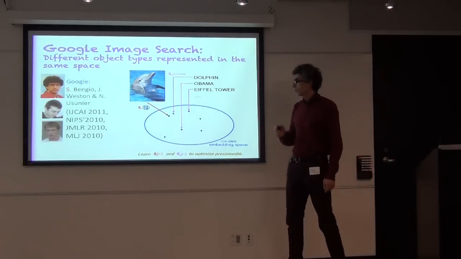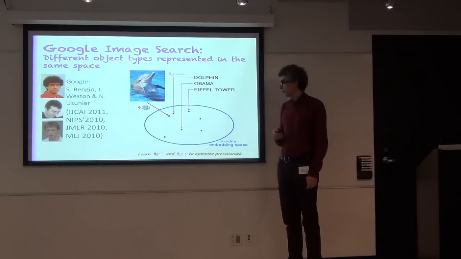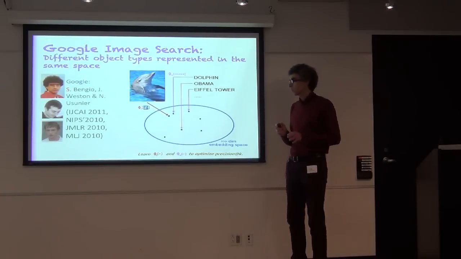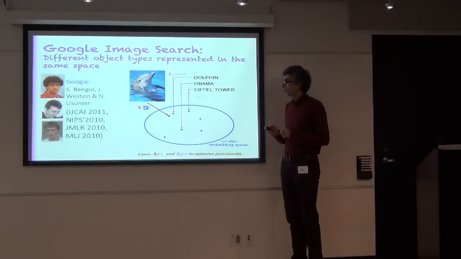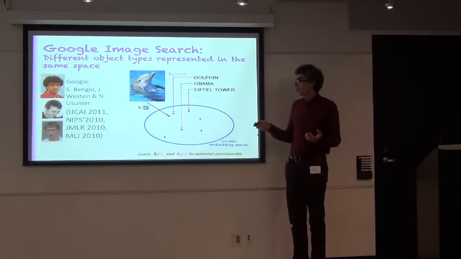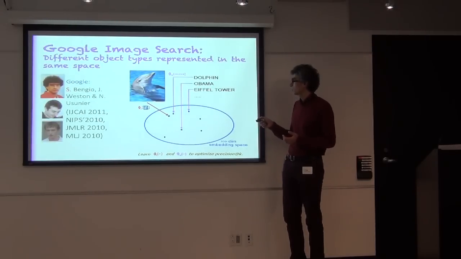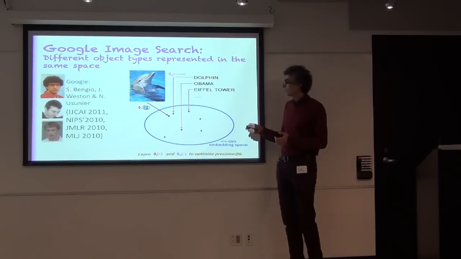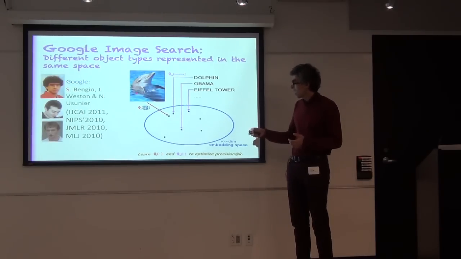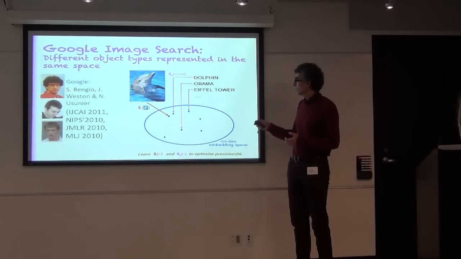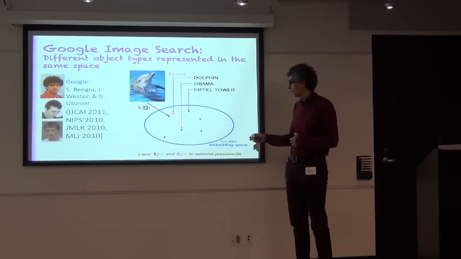So this is stolen from my brother Sami, who gave a talk here not long ago, where they use this idea of representations in a very interesting way, where you have data of two different modalities. You have images, and you have text queries, short sequences of words. And they learn a representation for images, so they map the image to some 100-dimensional vector, and they learn a function that represents queries, so they map a query to this also 100-dimensional point in the same space, and they learn them in such a way that